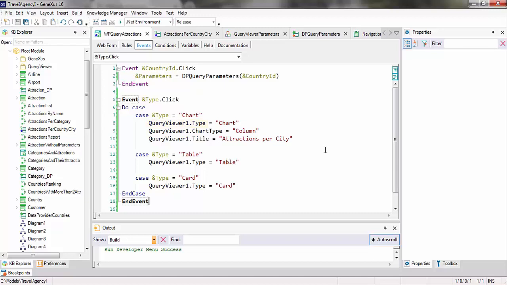When the value selected is chart, we'll build a chart with columns, and we'll assign a title to it, Attractions by City. When the type selected is table, we will then view it as a table, or otherwise as a card. Let's now press F5.